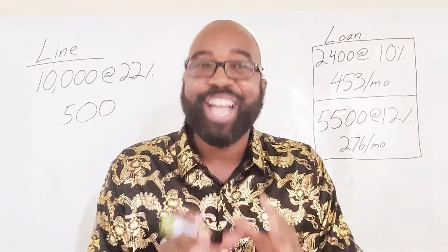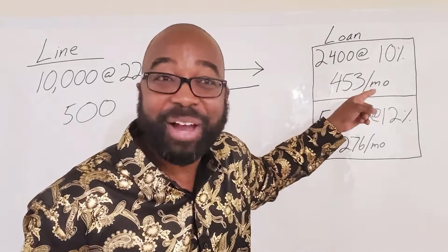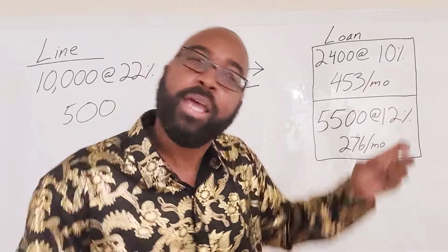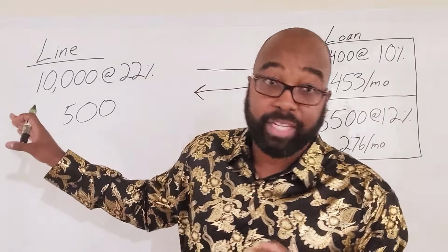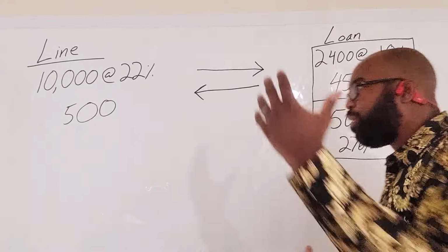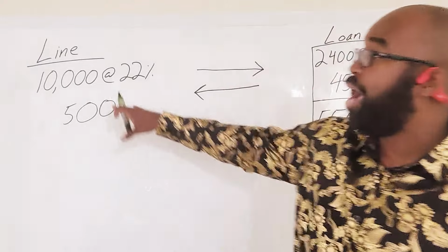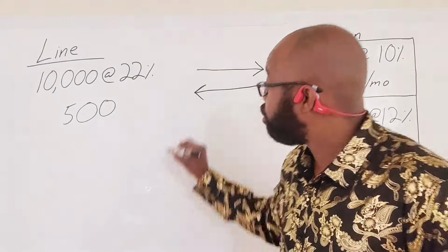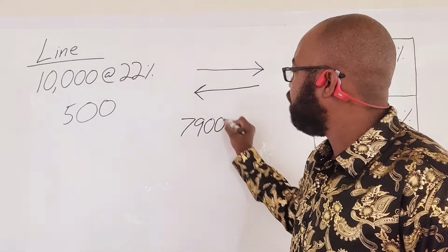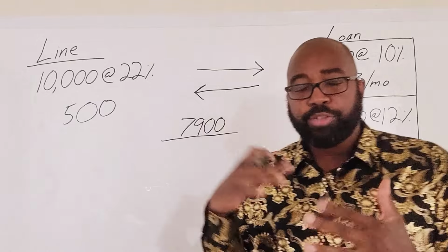And plus, you can't have your whole income go inside of the loan, and you can't use that money anymore, but you can on the line of credit. Okay, so we're going to be using, at least for a little while, our line of credit as our new checking account. So now our balance is $7,900 because we did the intelligent move and we swapped or transferred, right,